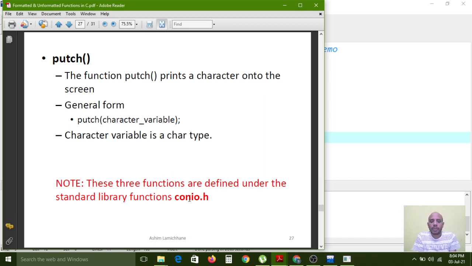But in the Dev C++ window we need not include this header file, because Dev C++ has already placed it inside. stdio.h is also not required, because the compiler places it automatically while executing.